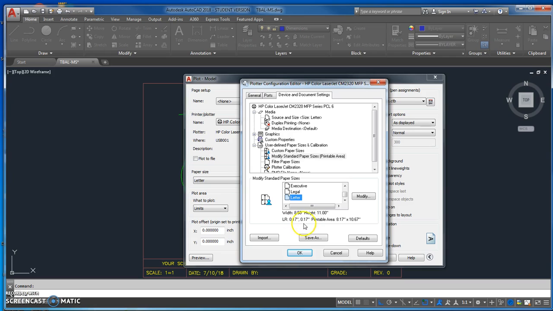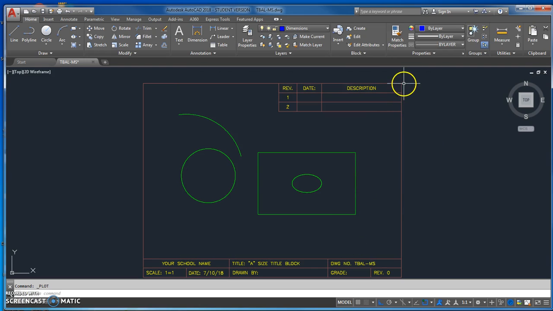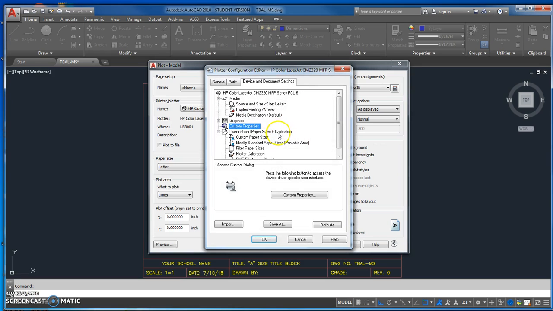So the reason we show you this is because this tells us our printable area, which has impact on how large of a border you can have drawn. So let me close this out and close this out. So we have a border title block here that is a certain size. It's 8 by 10.5, which will fit inside of that Hardflip Limits. So it's always important to know what the Hardflip Limits are of the printer you're using, because